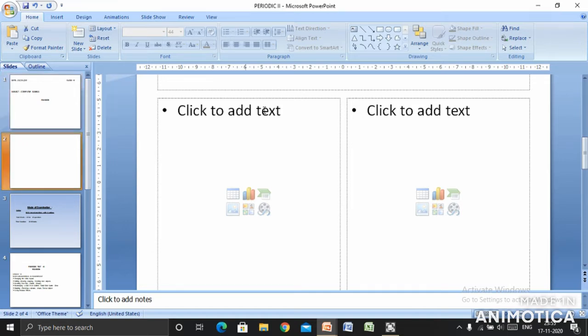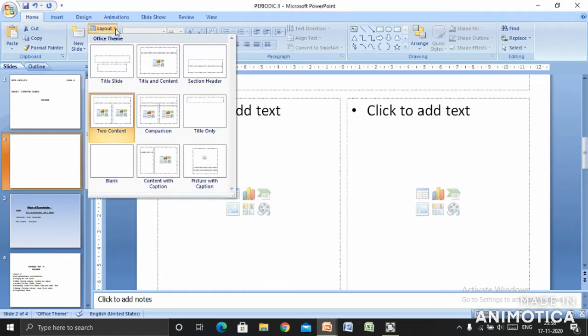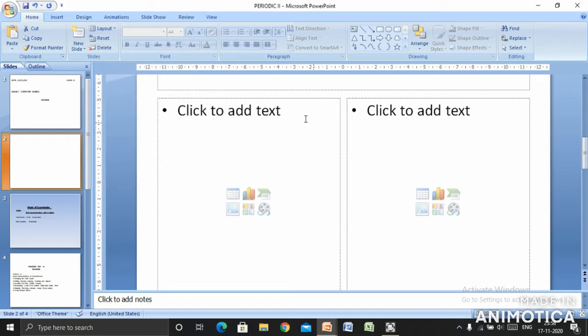So how to change the layout? The layout of the slide can be changed only in two views, that is the normal view and the slide sorter view. So what I will do here is click on this slide and click on the home tab. The layout can only be changed in the home tab. This you must remember. In the home tab, go to the slides group and click on the layout button. From the layout button, you will get 9 types of slide layouts. From here, you can choose any one of them. Suppose I have taken this one. So you can see here the slide layout is changed.